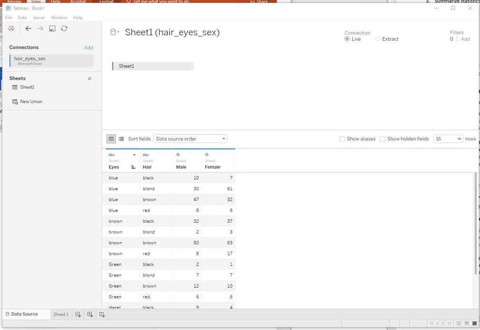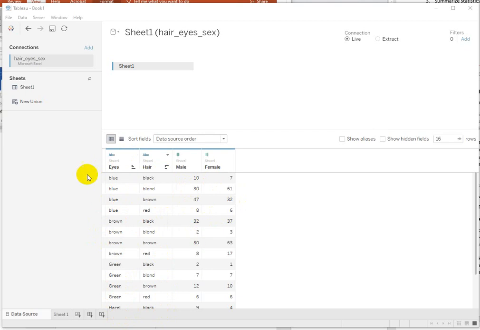Okay, hi everybody. I want to do a quick demo working with a really simple data set to show how to calculate percent total instead of raw numbers. So what this data set is, it's a gender binary, kind of old-fashioned data set where we've got a frequency of people with blue eyes and then 4 different color hair. We basically have 4 different eye colors: blue, brown, green, hazel, 4 different color hair, and then male and female